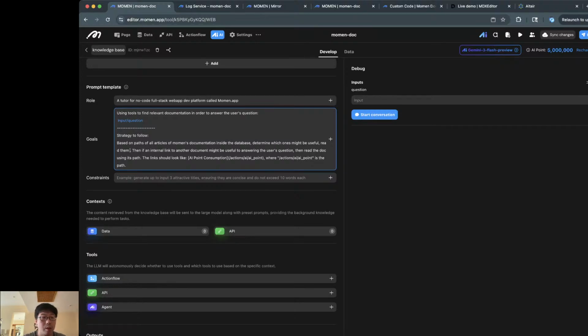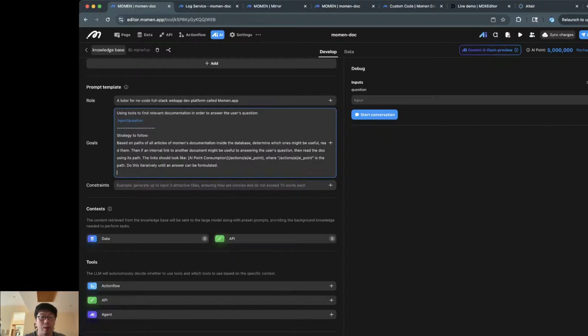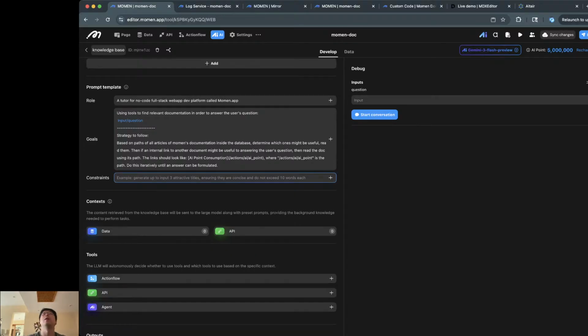Read them using the tool, read them, do this iteratively until an answer can be formulated. Constraint: only use information found in the